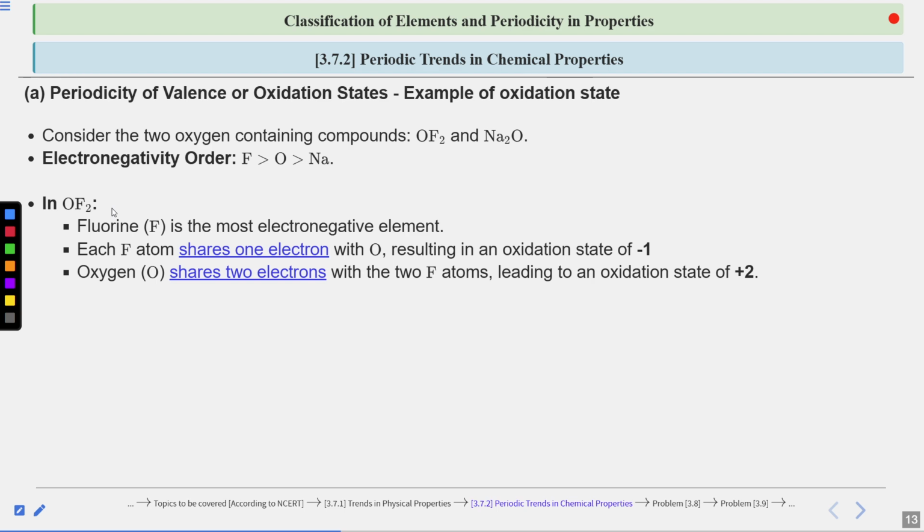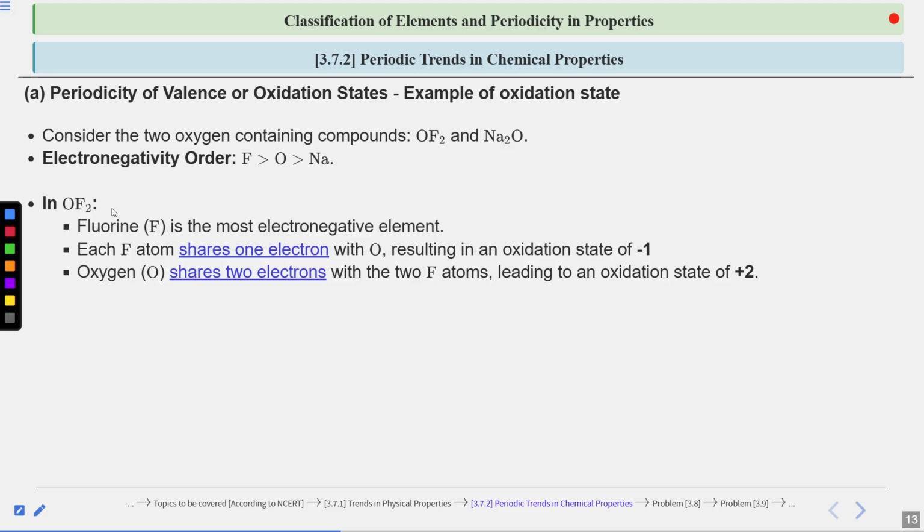Got it? But since fluorine is more electronegative, the only possible thing for oxygen is to have an oxidation state of +2. Why? Because oxygen is less electronegative than fluorine. Now what about fluorine? The total compound should always be neutral. Therefore, to make the compound neutral, each fluorine will have a -1 oxidation state, and that will give you a neutral